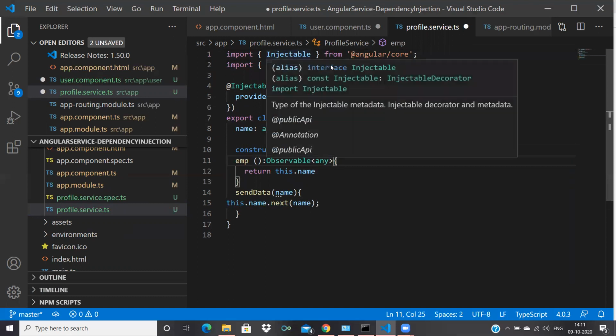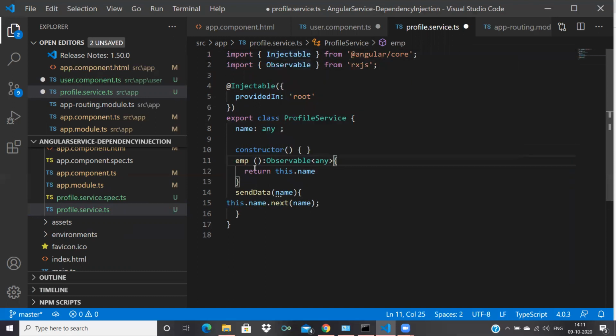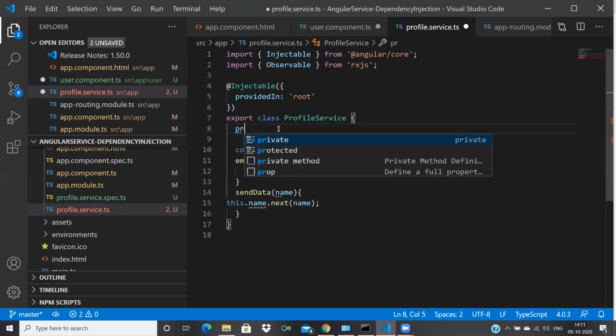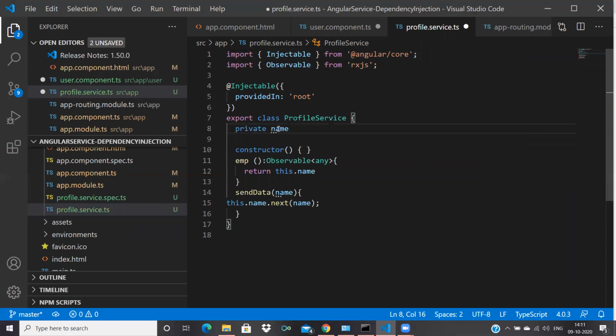It automatically imported this Observable, and now for this dot name I want to use private name equal to new Subject.